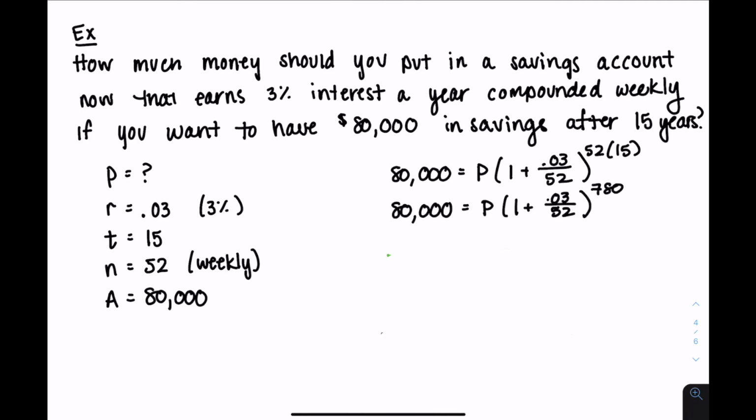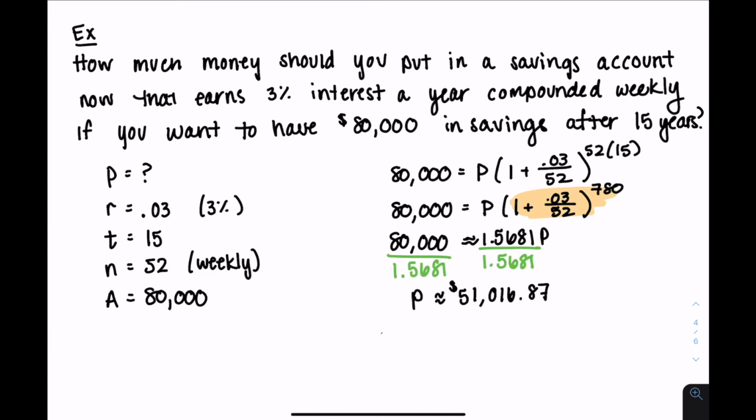If you take 52 times 15, you're going to get (1 plus 0.03 over 52) to the 780. If you go ahead and plug this into your calculator, you're going to see it's about 1.5681. So to solve for P, you just divide by this constant, and it gives you a rough estimate that P is